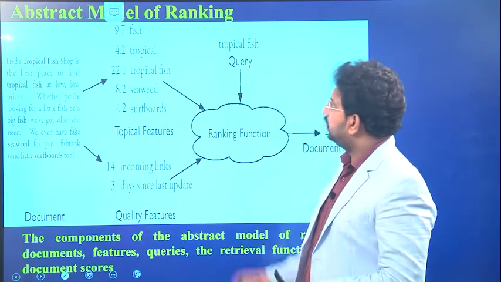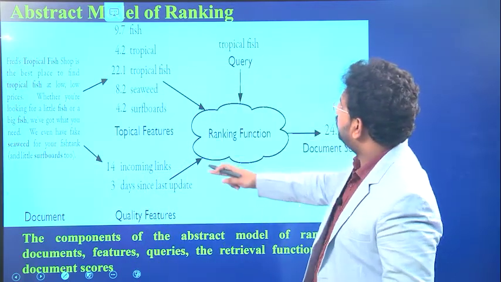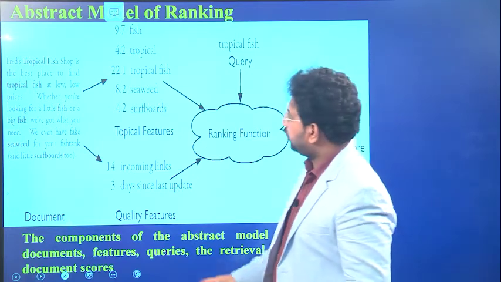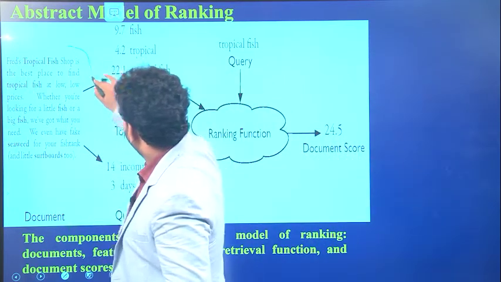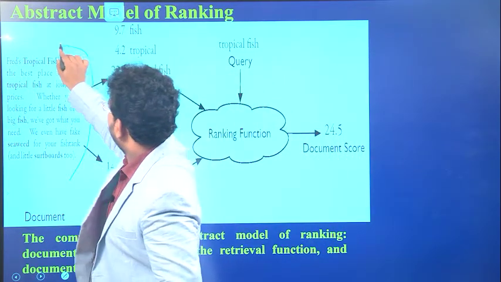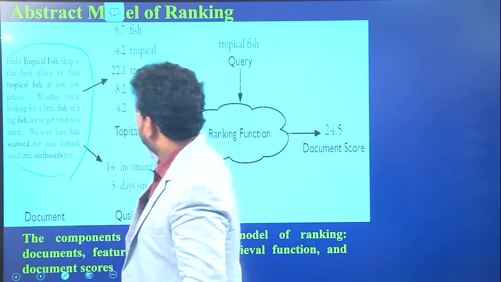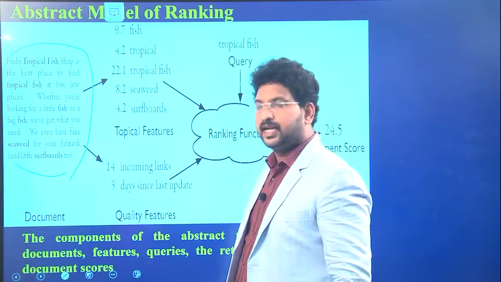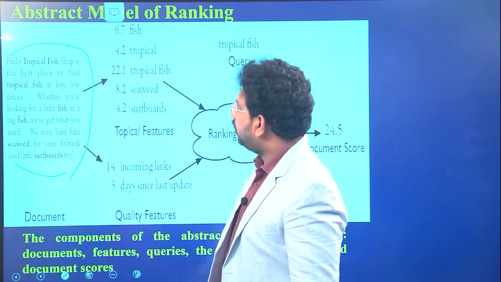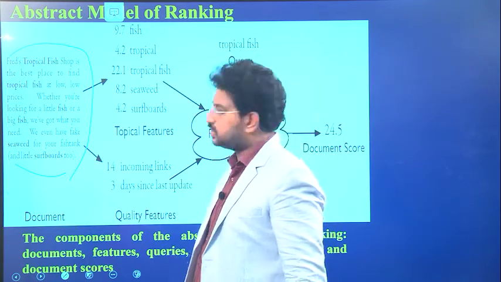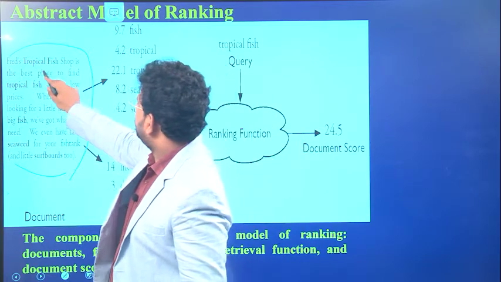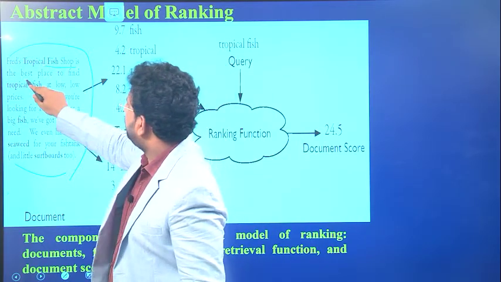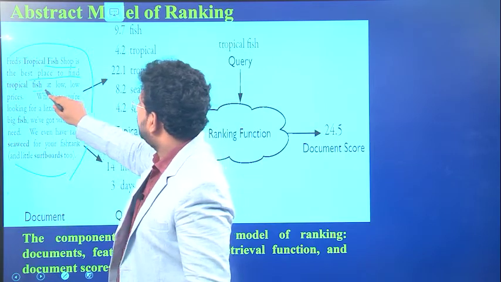If you observe here in this abstract ranking model, this portion is indicating one of the documents. It is indicating one of the documents on the web, consisting of some textual information like: Fred's tropical fish shop is the best place to find tropical fish at low